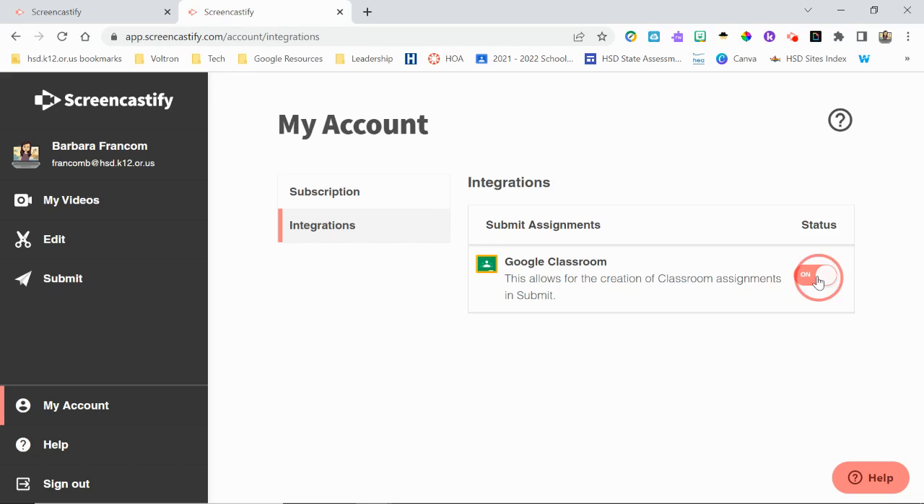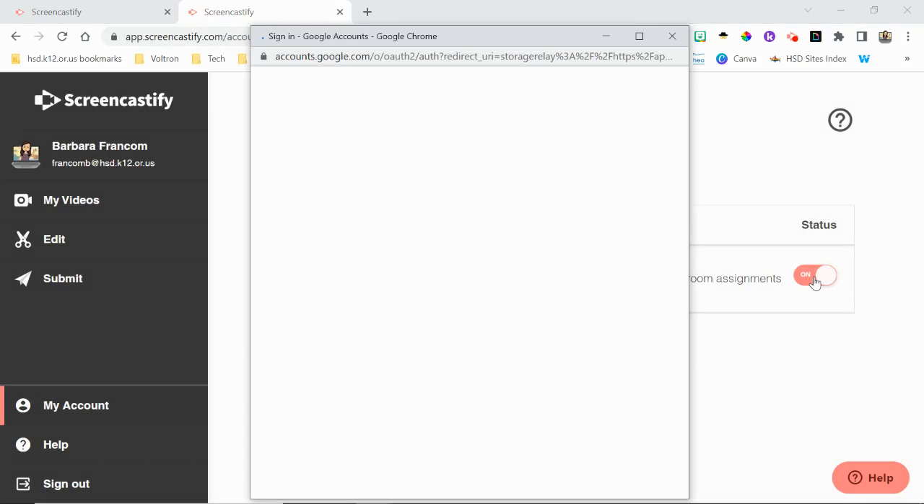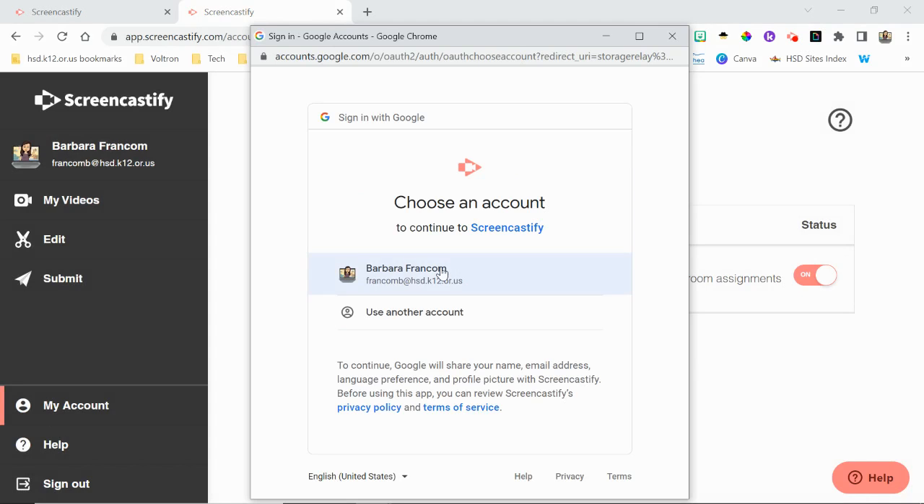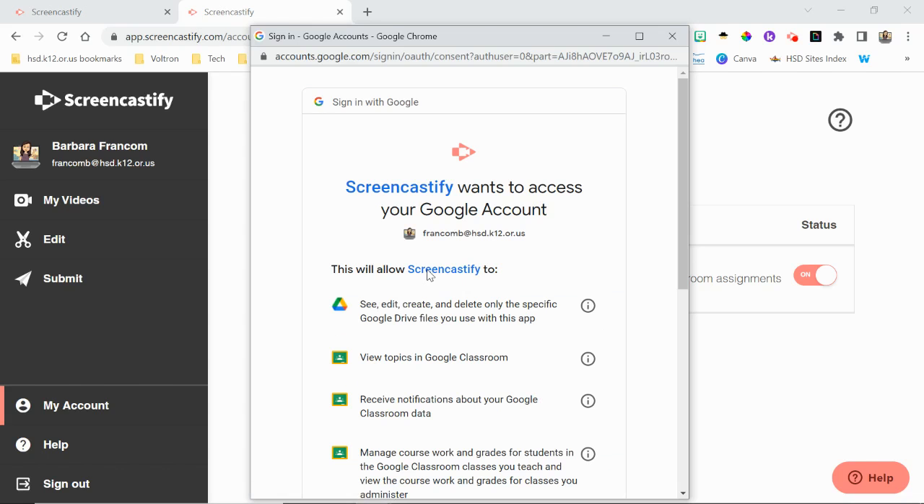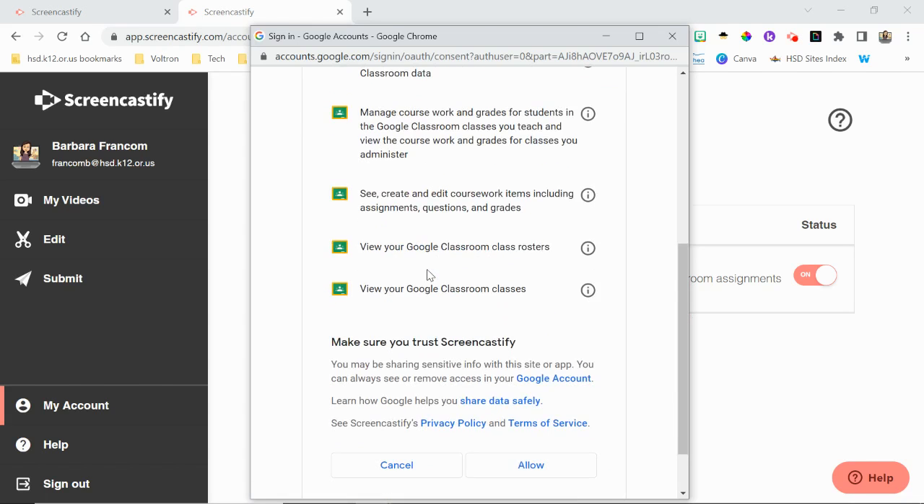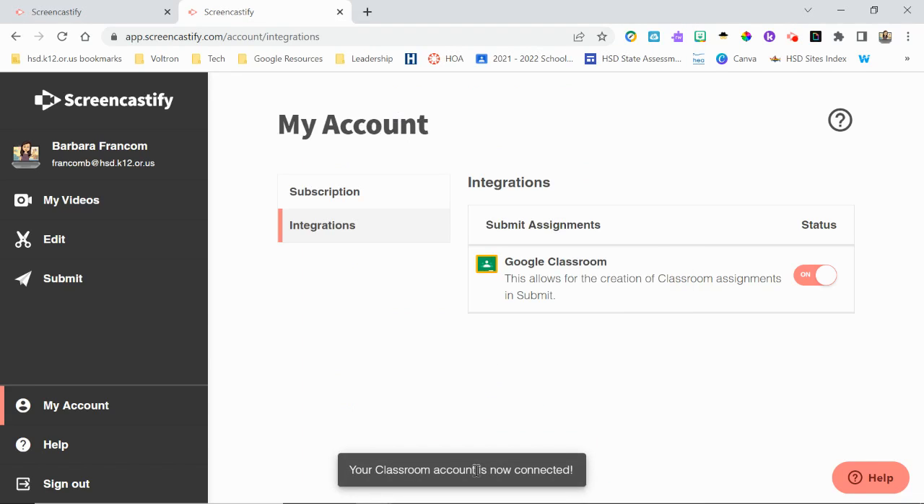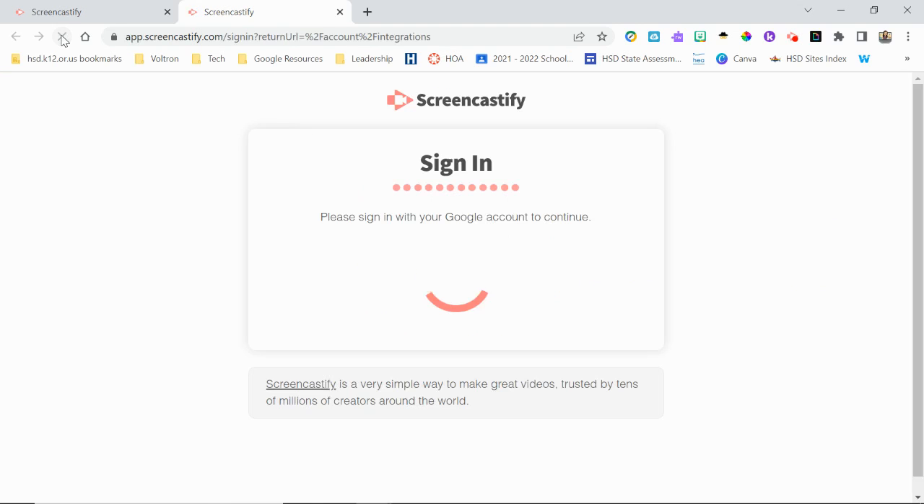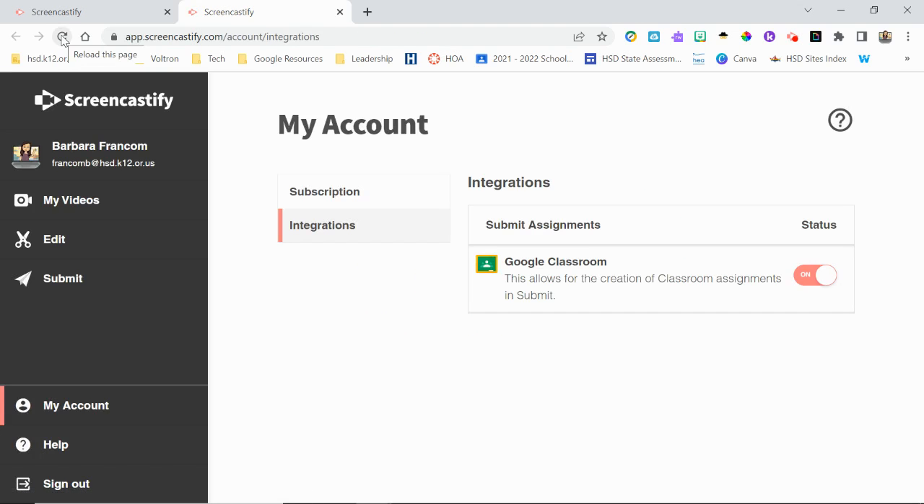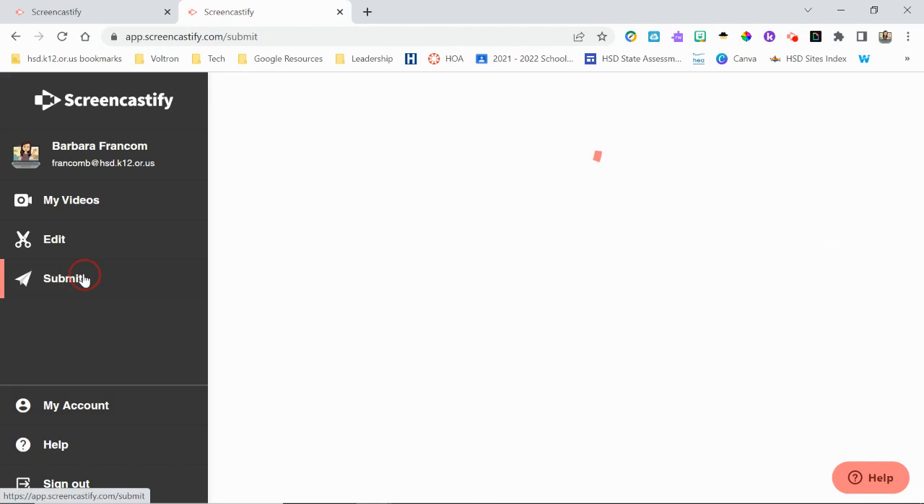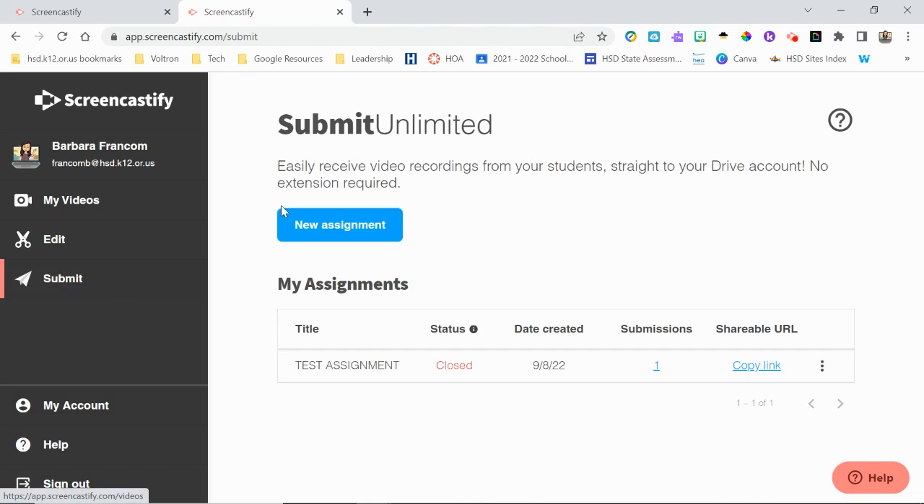You want to make sure that this is on. If it's toggled off, no problem. You click on it to toggle it on. You click on your user or your email address actually, and then click allow. Once that goes away, it is now connected. I suggest that at this time you refresh the page just to make sure that it is connected and it is on. From here, you can create a new assignment by going to submit and you're going to click on